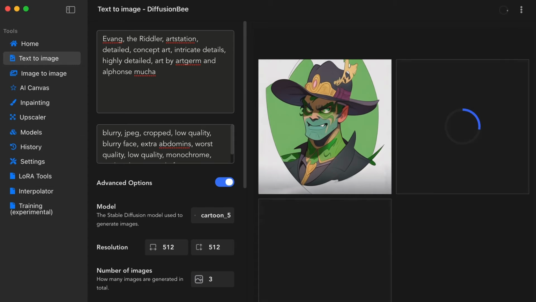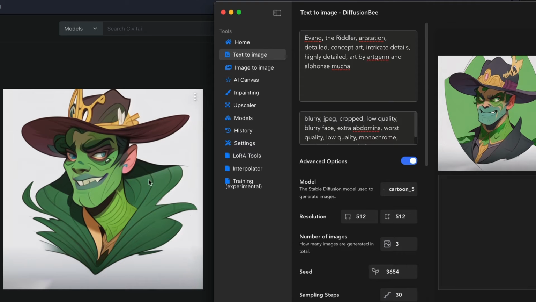So let's look at the original while this goes. Here's a side-by-side of the original. On the left is from Civet AI. This is the CKPT version. And this is the pruned version that we just made now, or the safetensor for those who are brand